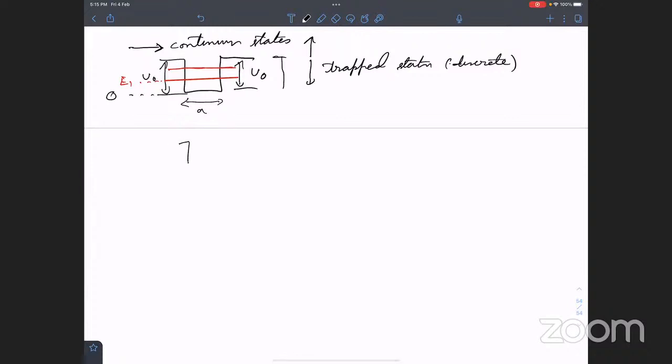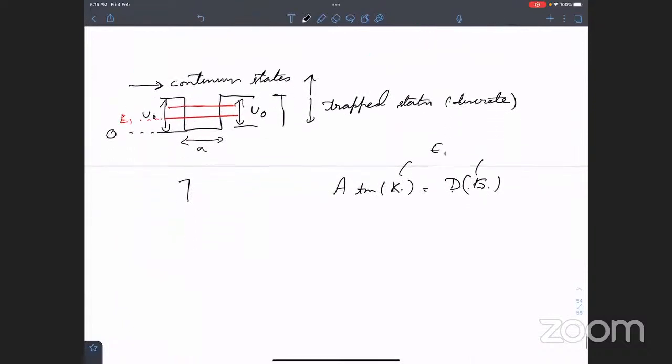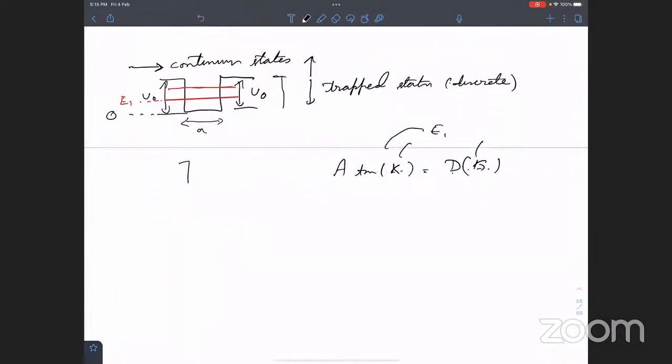The second thing we learned, how do we solve for that? We got an equation A into tan of something equal to D into something else, right? There was k, there was kappa, all these equations were there. Once we solved this, we know what is the solution for E, right? E1, for example. Then we can substitute that into these terms,